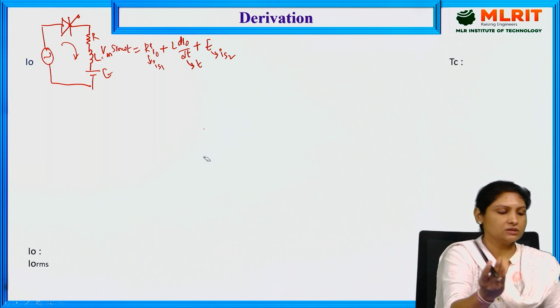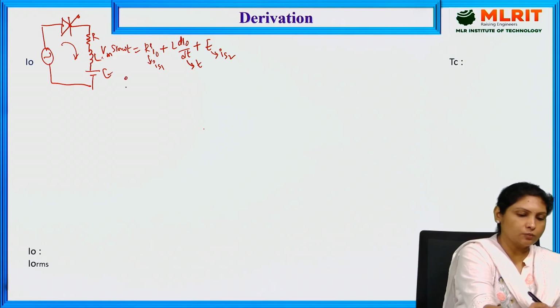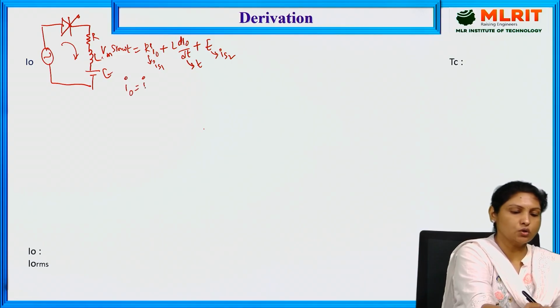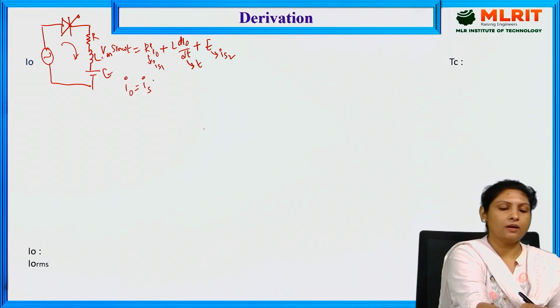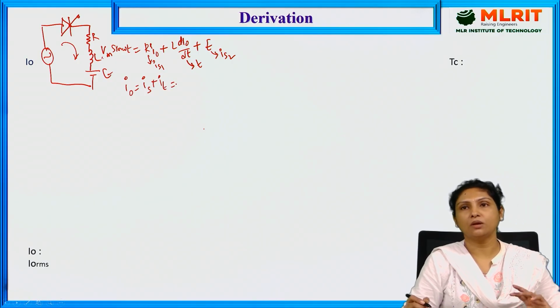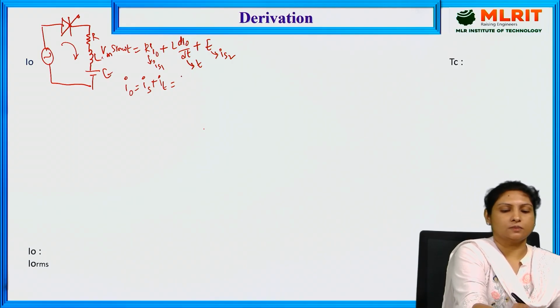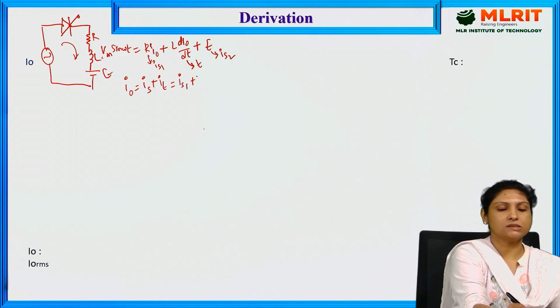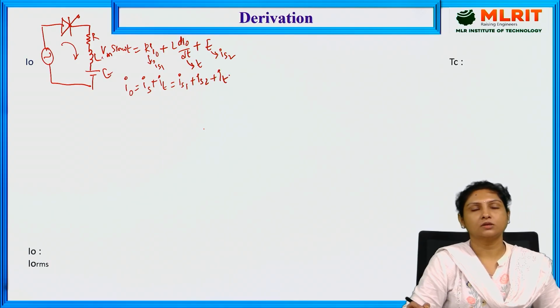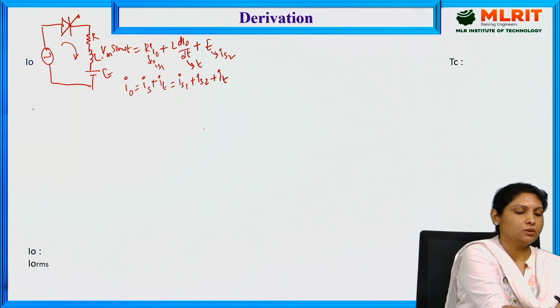And if you consider, we have the output current I0 equal to the summation of steady state current plus transient current, where in this particular equation we have got two steady state terms, that is IS1 plus IS2, plus a transient term, that is IT. So in this case, let me see what is IS1. IS1 is equal to Vm by Z sine of omega t minus phi,